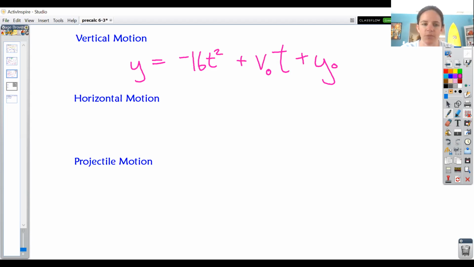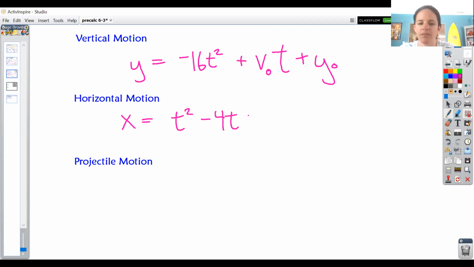And that was for vertical motion, like if we shot a cannonball straight up off the ground or something like that. We can also do problems using horizontal motion. Horizontal motion doesn't have gravity in it, so I can actually make it anything I want. I can say a particle moves just along the x-axis, so that at any time t, its position is given by x equals t squared minus